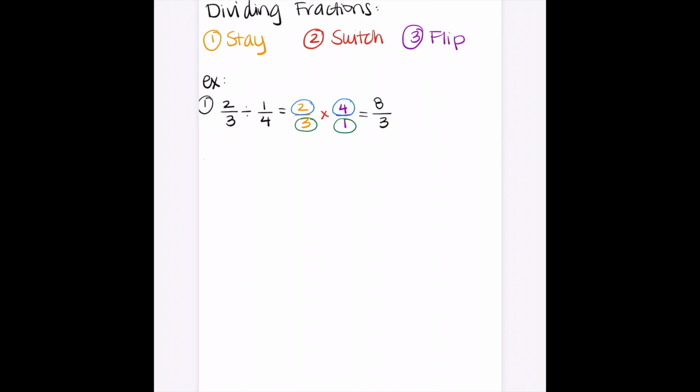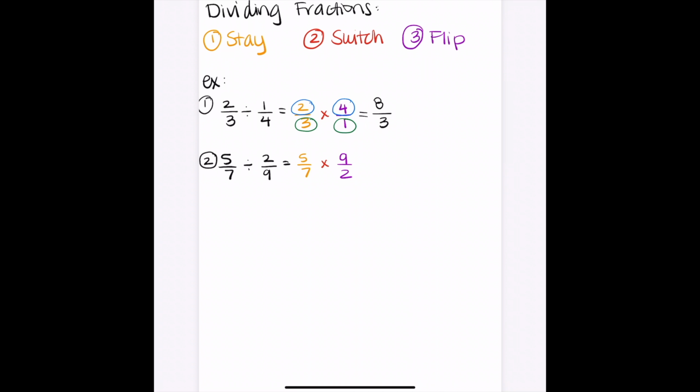Let's do another example now. So for number 2, we can do 5/7 divided by 2/9. So we're going to keep the first fraction the same. So the 5/7 will stay. I'm going to switch my division sign to a multiplication sign, and I'm going to flip the last fraction to